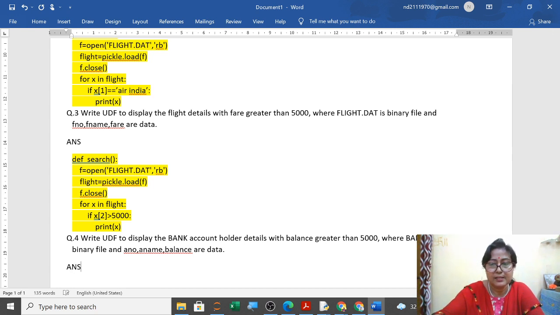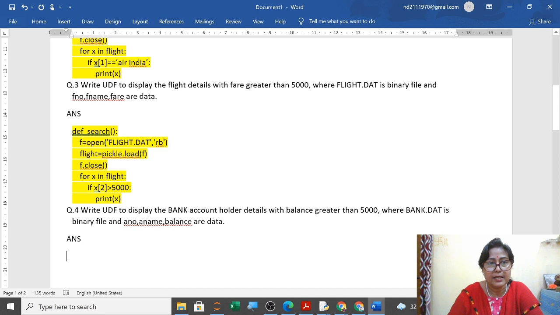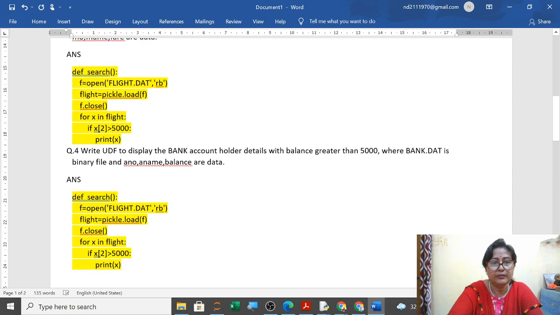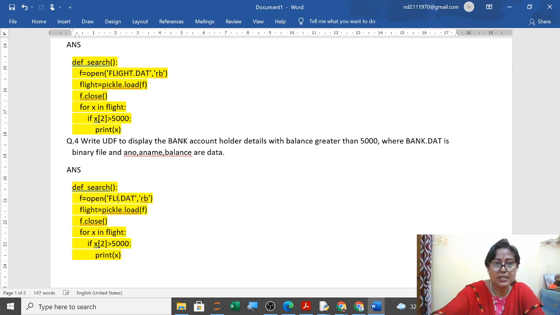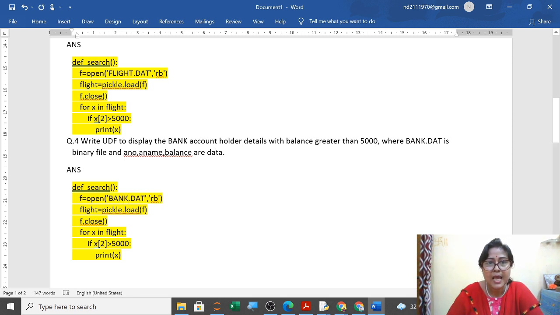So the answer will be, I think, same as this. Only the change will be the name of the dat file, it is bank.dat, and the rest all are same.